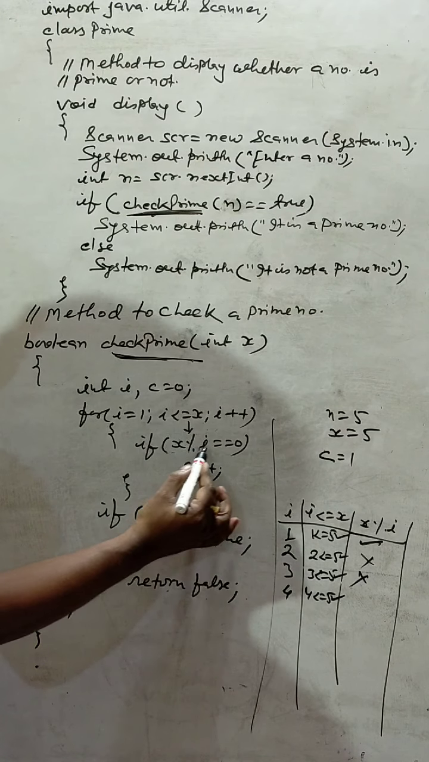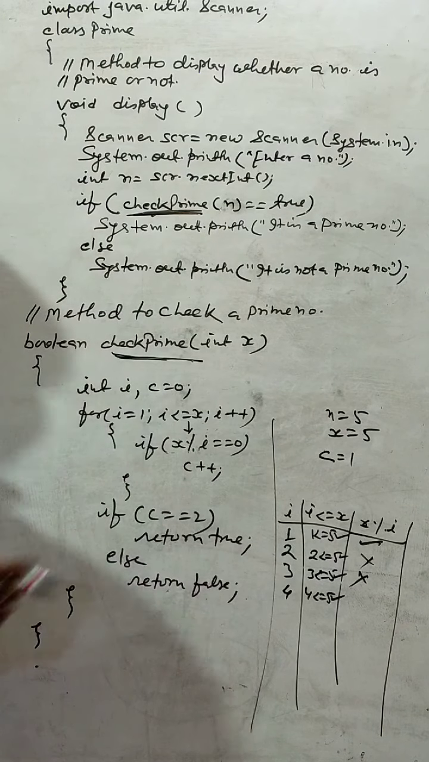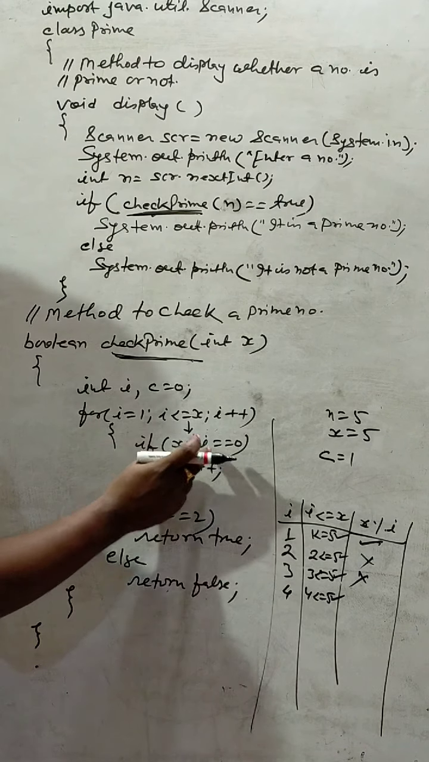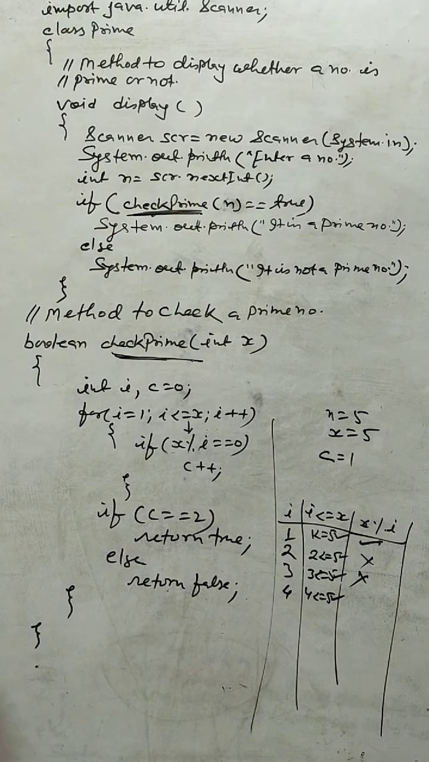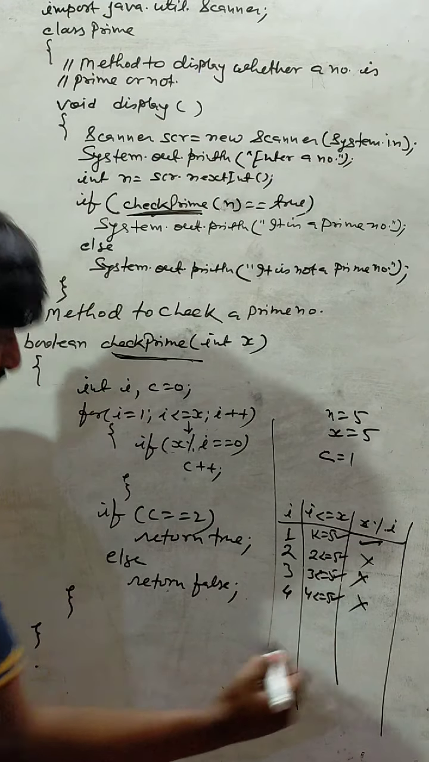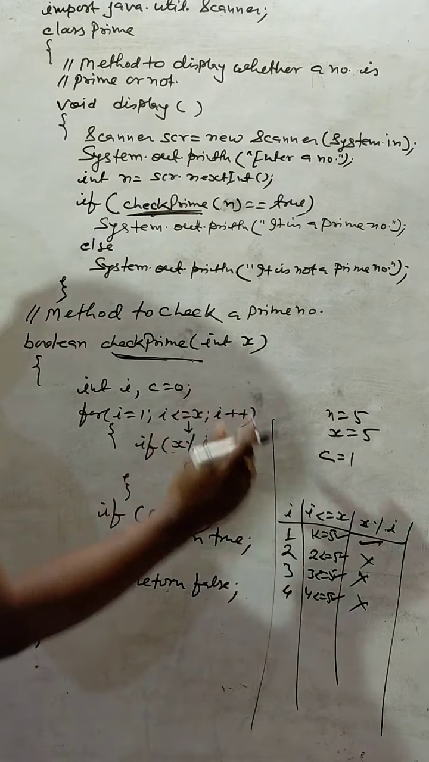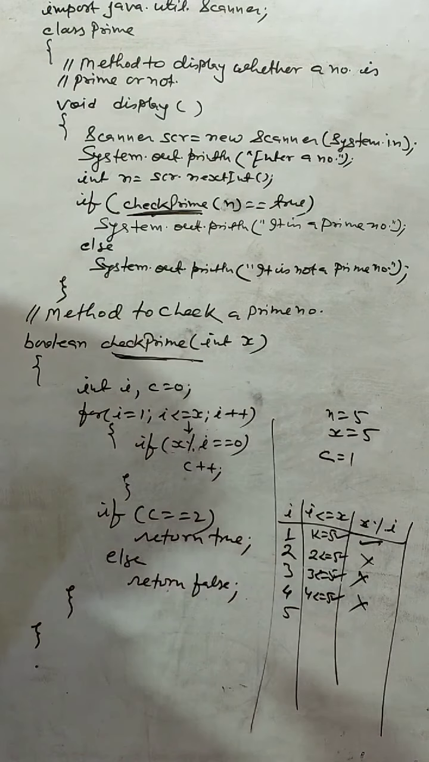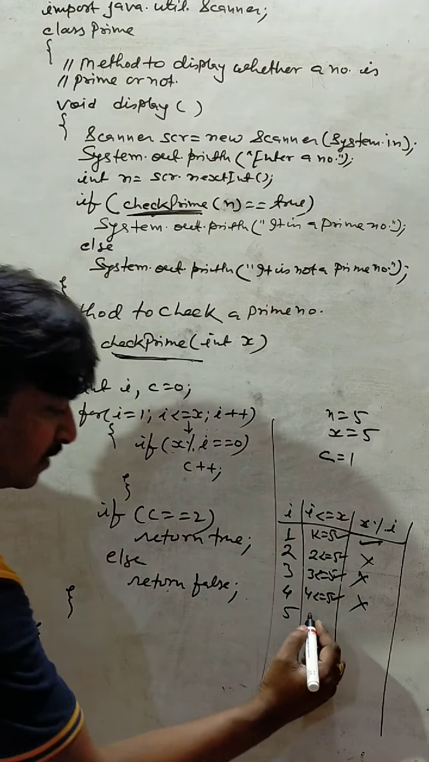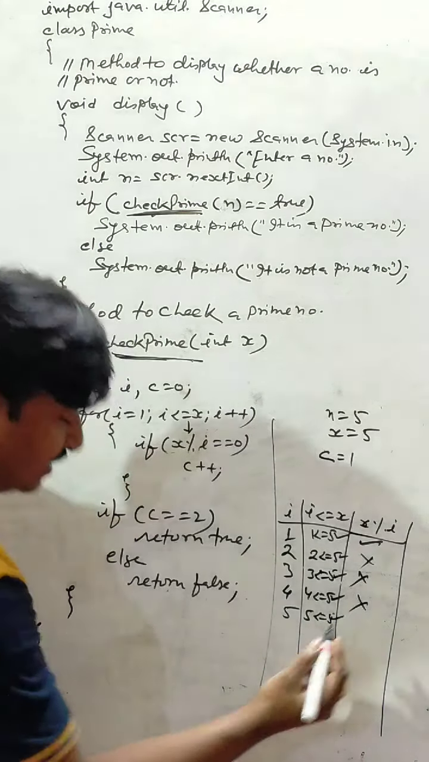Again inside the loop, x mod I equals 0, the value of x is 5 and the value of I is 4, and 4 will not divide 5. So this condition is again false. C++ will not execute this time also. Again I++, the value of I is 5, 5 less than or equal to 5, the condition is